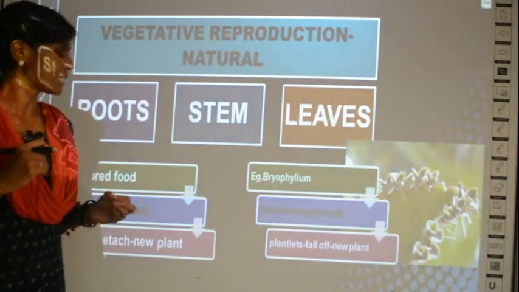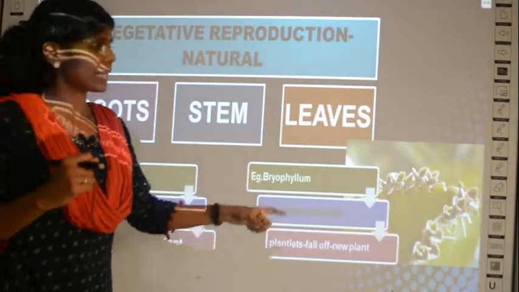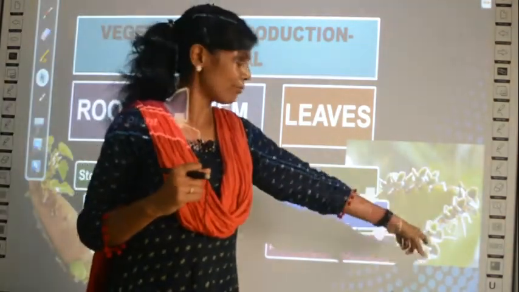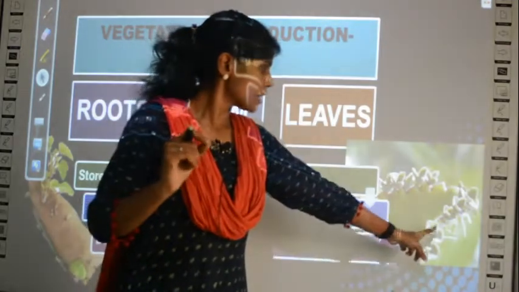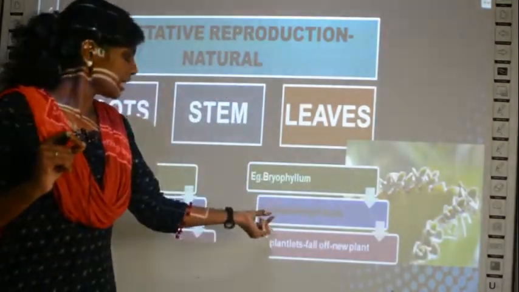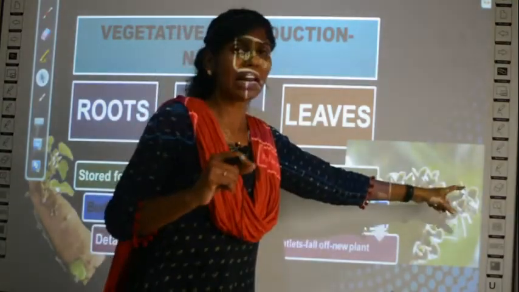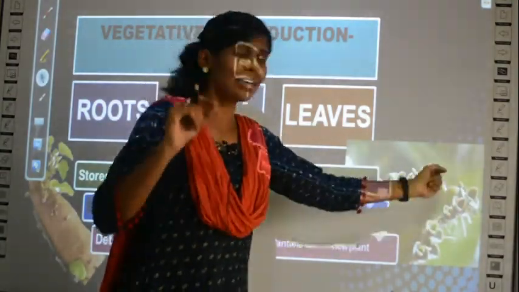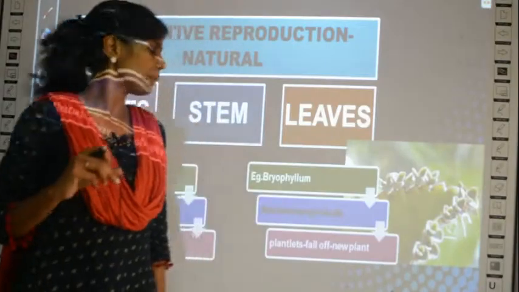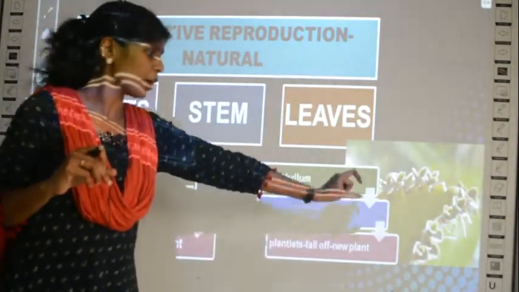This is how it multiplies. What about leaves? In leaves like the bryophyllum plant, the leaves will develop small buds, each notched with a notched margin. See, this is the notched margin, like pointed ones. Each notched margin will produce a bud, and that small plant is called by the word